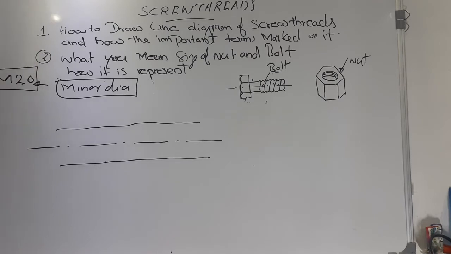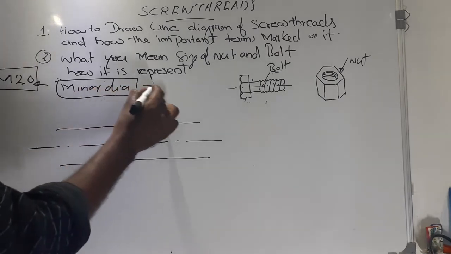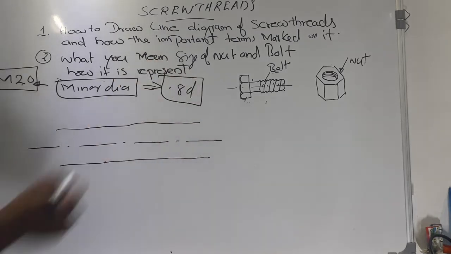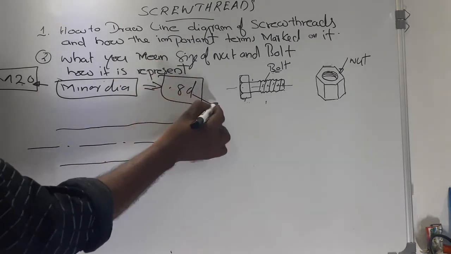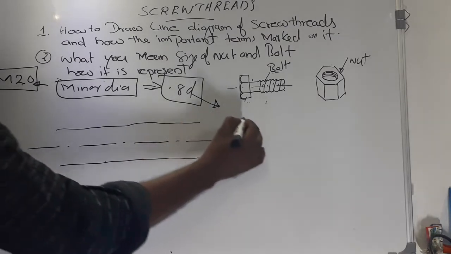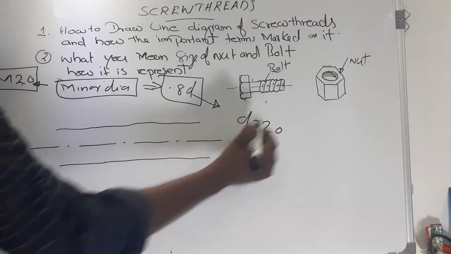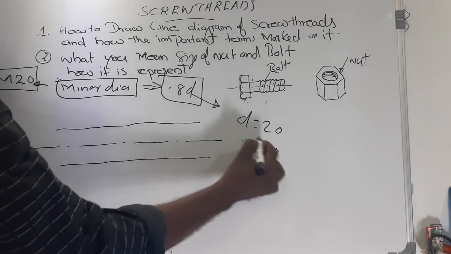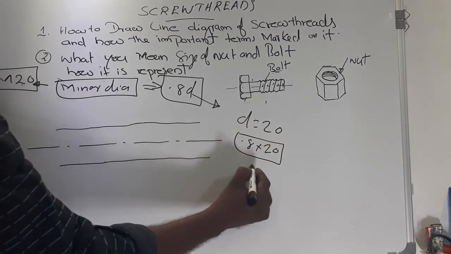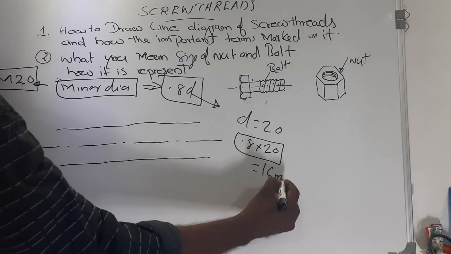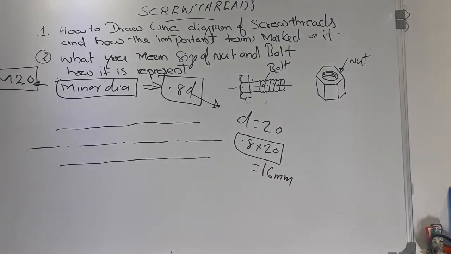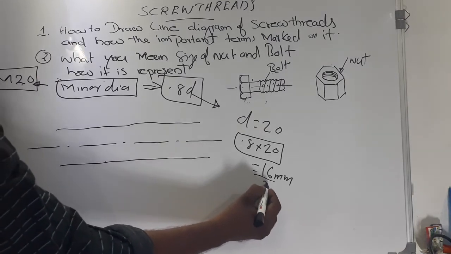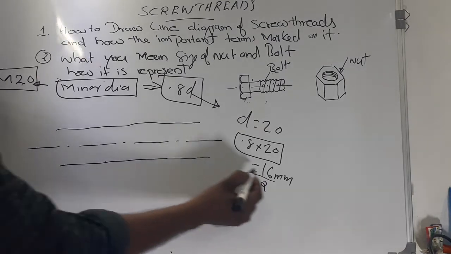It has a definite value. It should be 0.8 D. 0.8 D, where D is equal to 20. That means 0.8 into 20. That means the minor diameter value is 16 mm. Now offset the 16 mm. That means